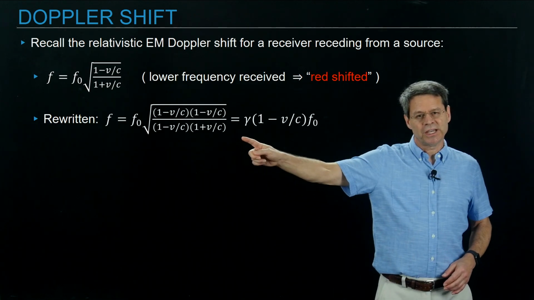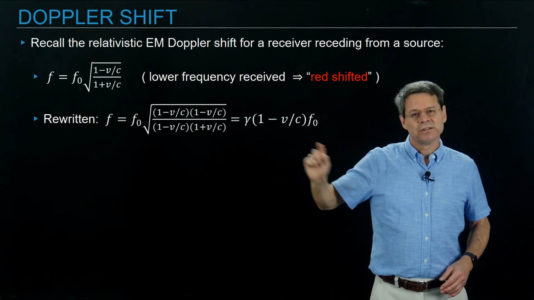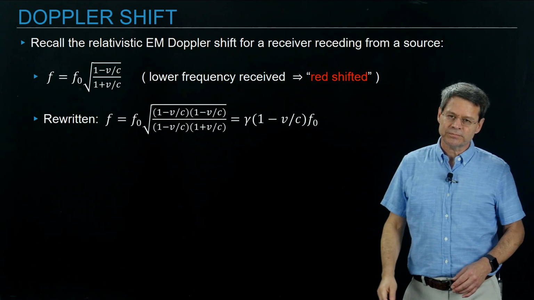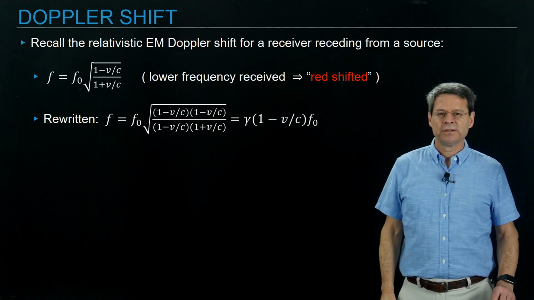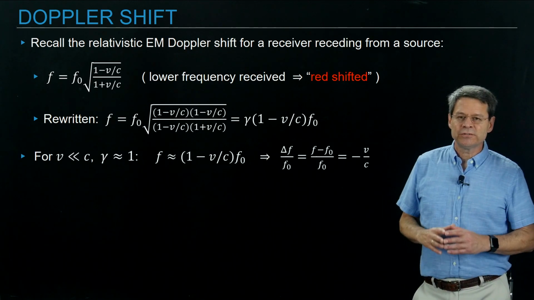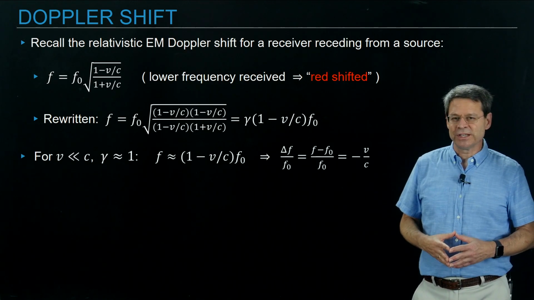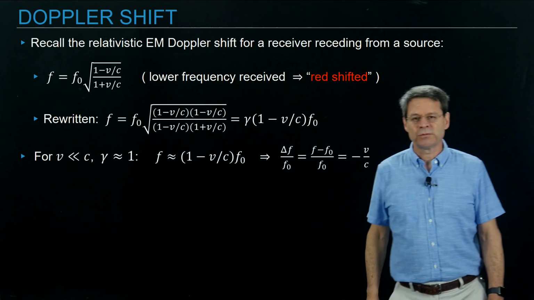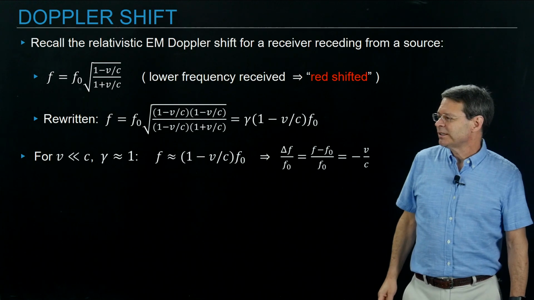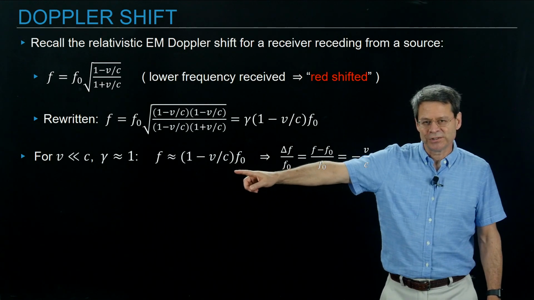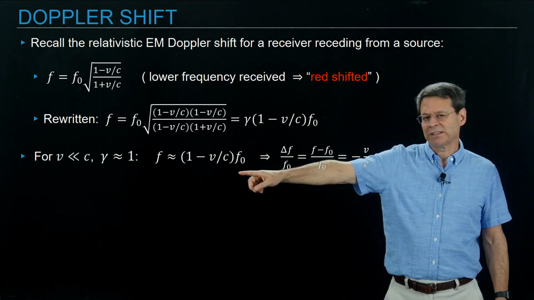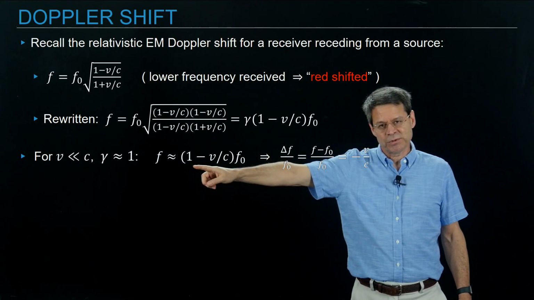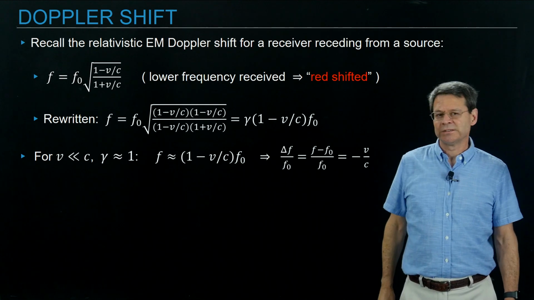So I can just rewrite it as gamma, the relativistic gamma factor, times 1 minus v over c times the emitter frequency f naught for the receive frequency. But if I let this velocity be much less than the speed of light, we know gamma goes to 1. So let's set it approximately equal to 1. And, well, I won't set v over c to 0, but we'll let that correction stand. And so the frequency we receive the light at will be 1 minus v over c times f naught, the